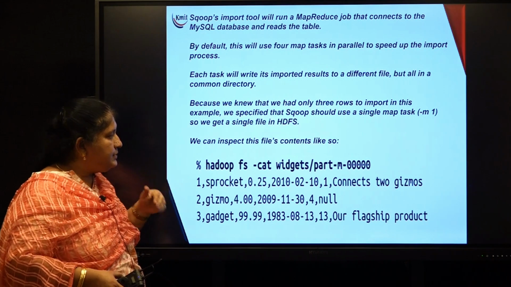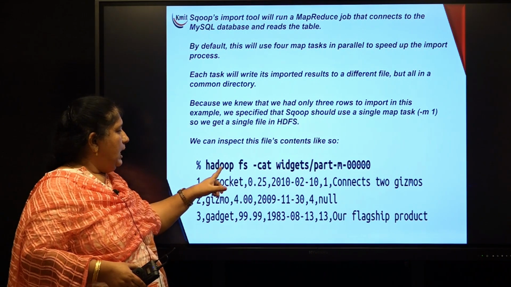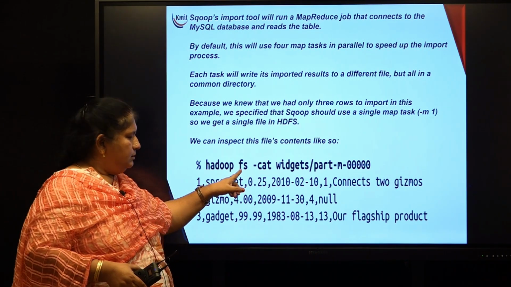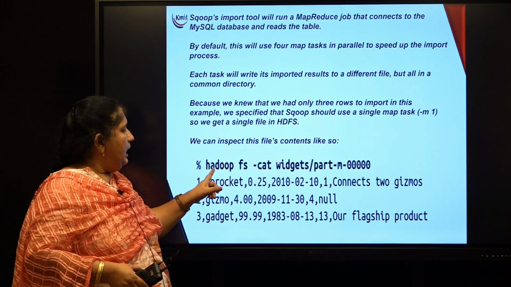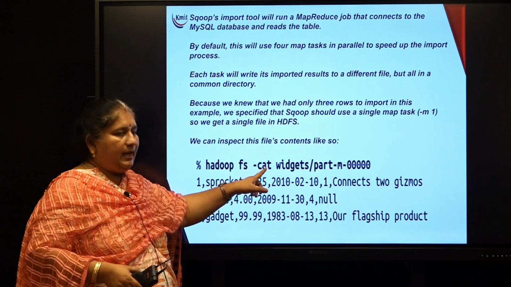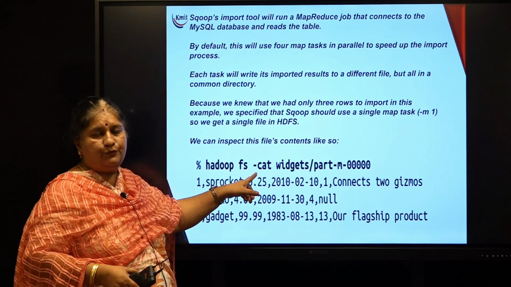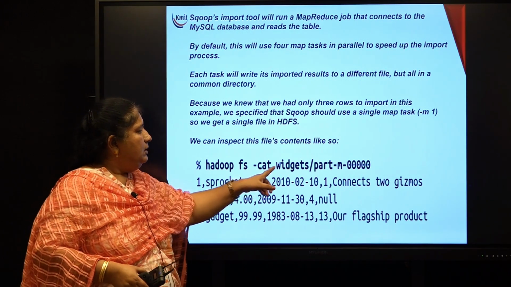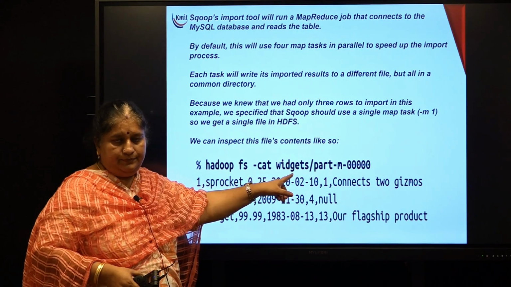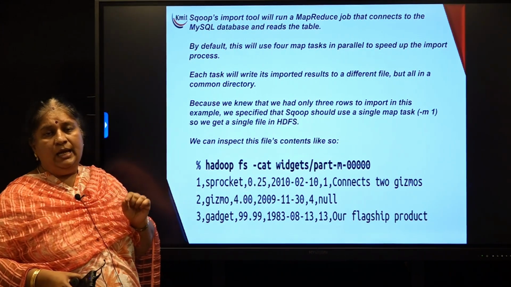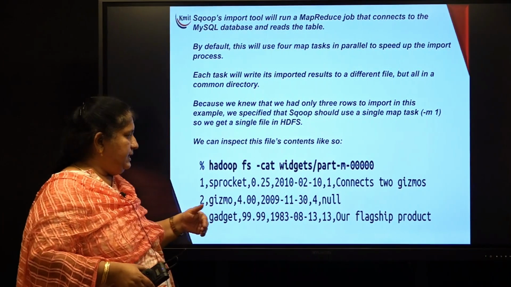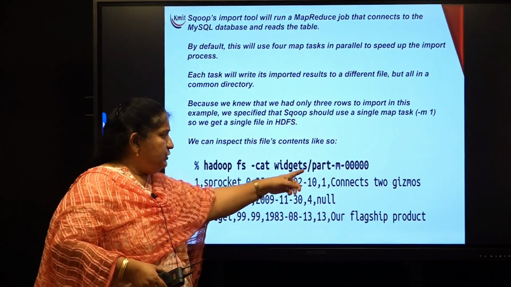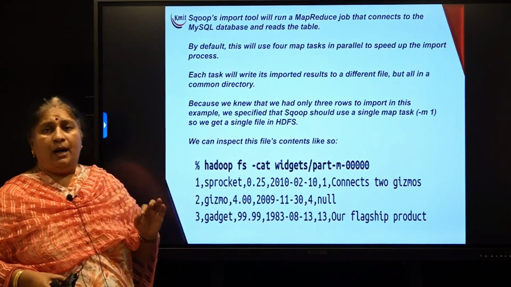So if I want to see the contents of that, Hadoop FS, generally whenever we are working we give hdfs dfs, Hadoop FS -cat. We know the cat command is for seeing the contents of a file. The folder will have a name same as the table, under which you have a file called